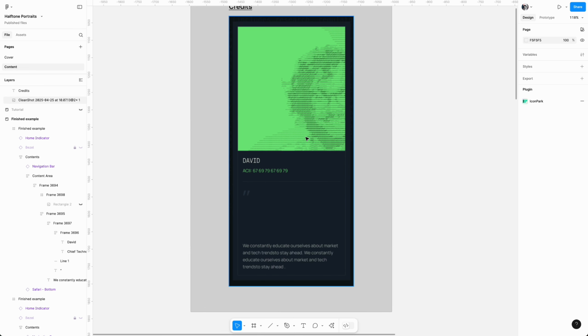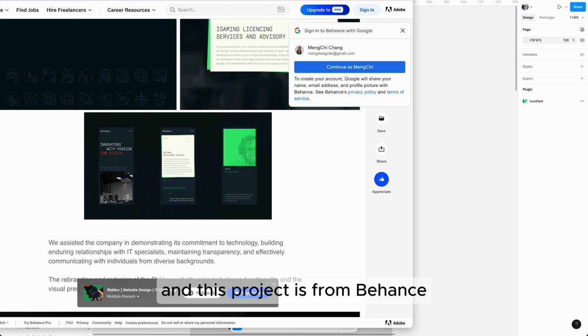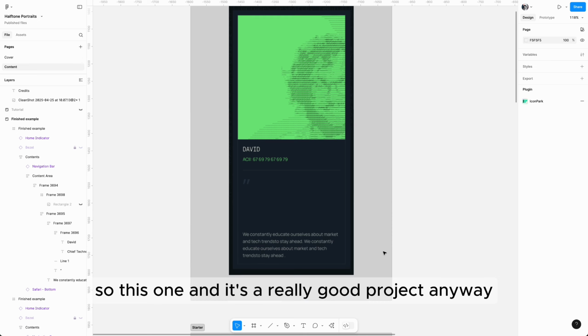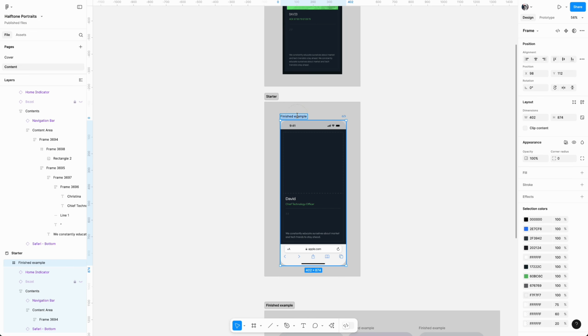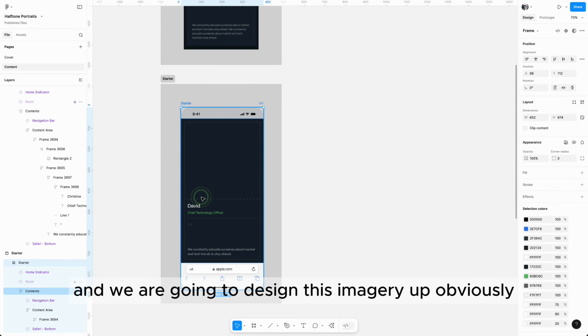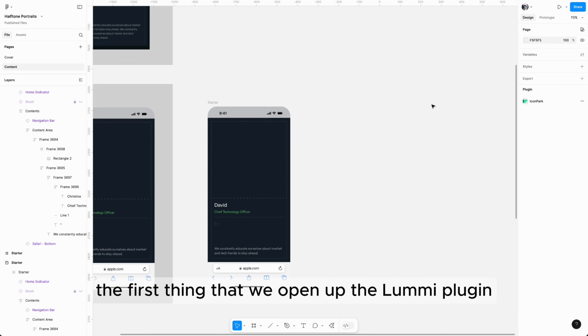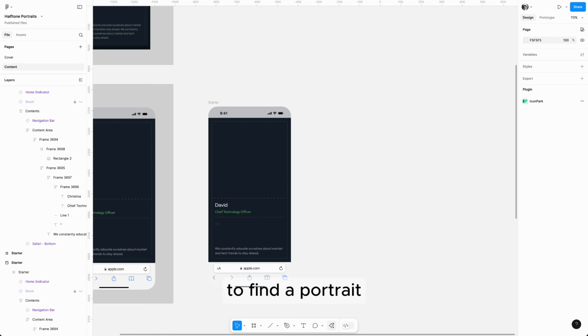This is a mobile version of a website, and this project is from Behance. It's a really good project. Anyway, now let's get started. This is the starter, and we are going to design this imagery. Previously, let's prep it. The first thing that we do is open up the Lumi plugin as usual to find a